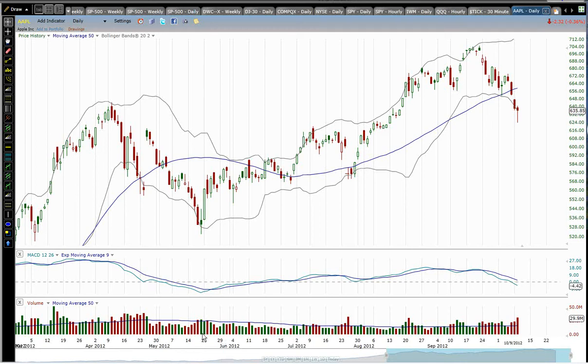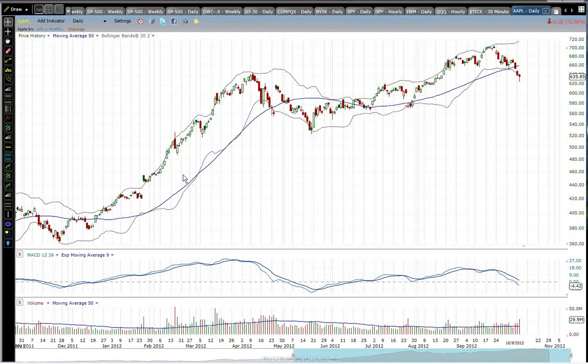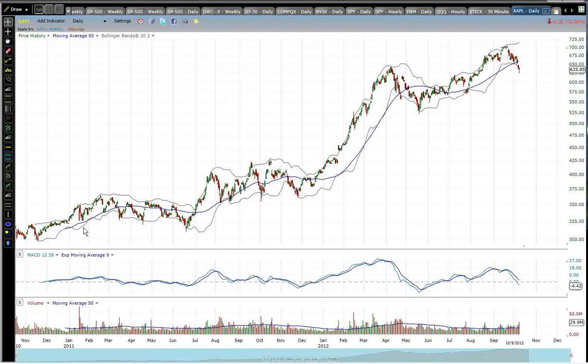It is Tuesday night, October 9th, and I'm going to cover a few charts tonight. I've mentioned Apple frequently on the blog recently, and I wanted to point out what's going on with Apple here, what to look for. There's maybe some obvious things and then maybe some subtle things to look for when gauging Apple from this point. First off, Apple has had a nice long uptrend over the last few years, and in